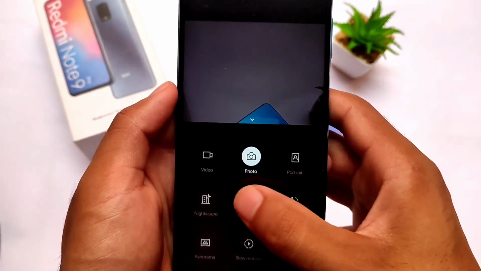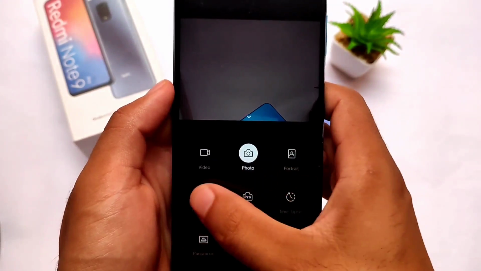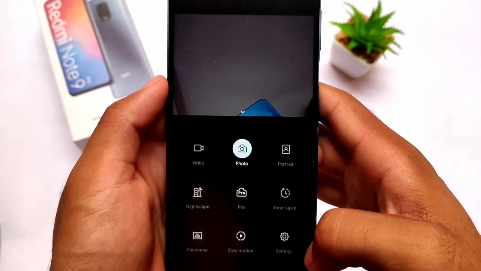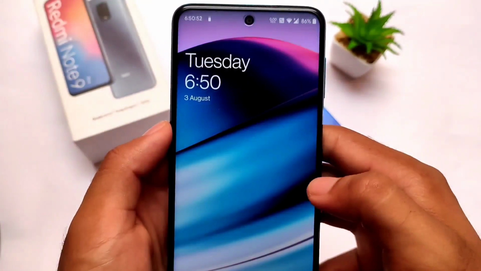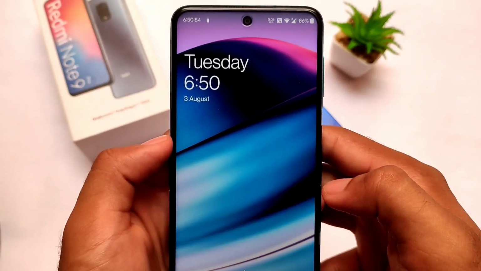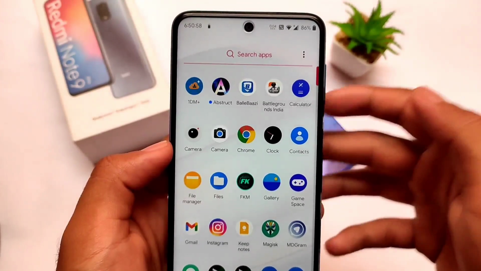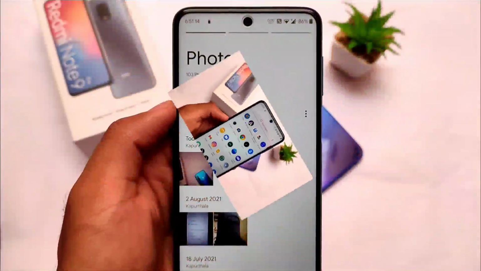In terms of other options, a lot of options are available for you, but of course it's just a OnePlus camera, and of course it's not recommended for everyone to use because you have the option of using Google cameras. I'll talk about the Google cameras later on, but this is a default camera which you get here, which has the photo mode working fine, so no worries about it. If you have photo mode, this is what you need with the watermark. So yes, it's here, no worry about it.